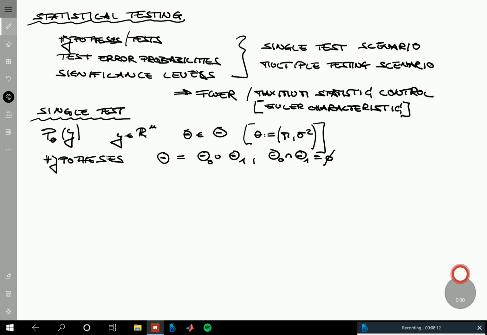And then we call the statement that the true but unknown parameter is an element of theta 0 the null hypothesis,